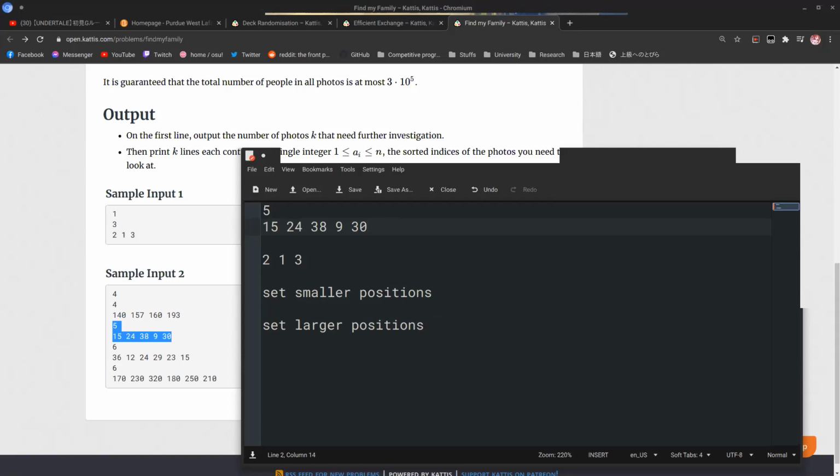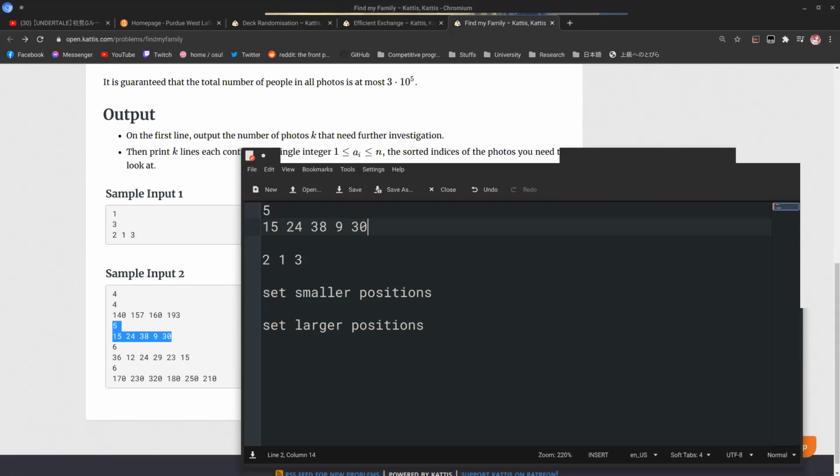In the end, I realized what I need to maintain is the things that keep decreasing, so I need to remember those. Anytime I see a new value that's less than one of those, then that value can create a possible 2-1, right? So on this data, I will first have 15, and then